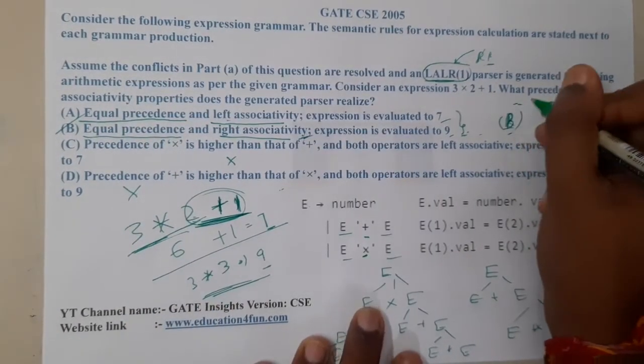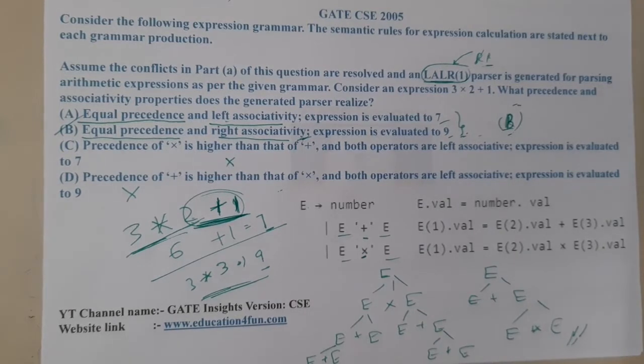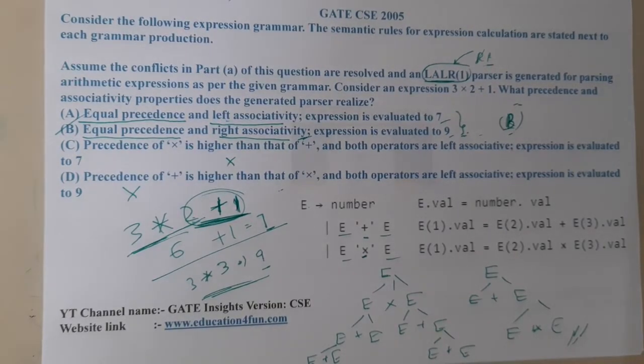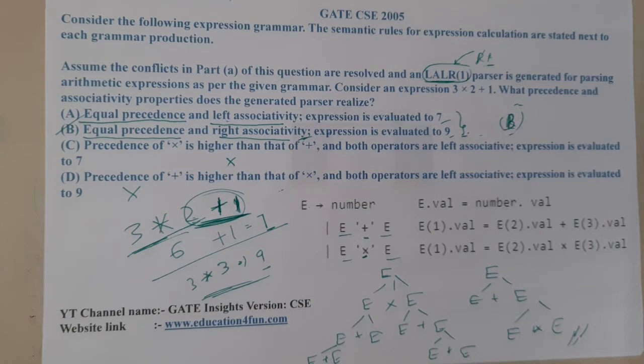So this is really a good question, right? Because I think every student can easily eliminate C and D, but they will be confused between A and B, right? Okay, now I hope everyone got a clear idea with respect to this. So in the next lecture let us continue with the next question, right? Let us meet in the next lecture.